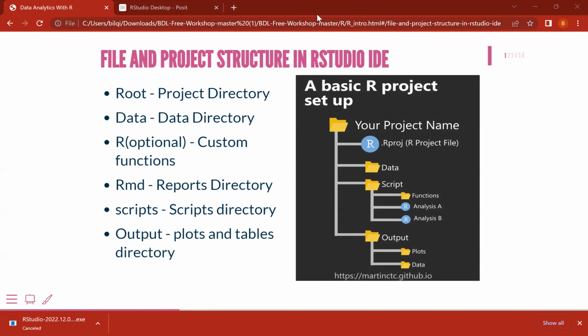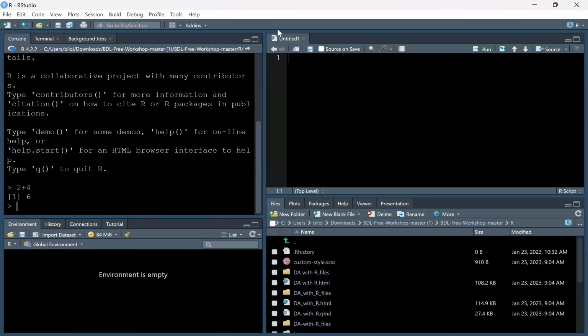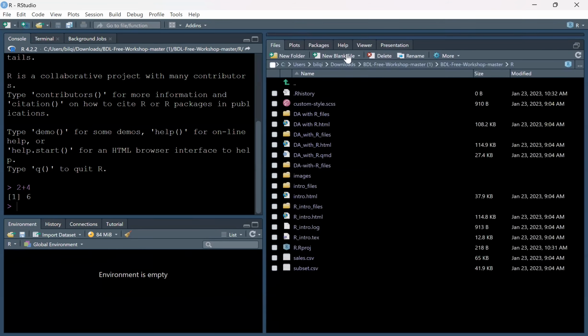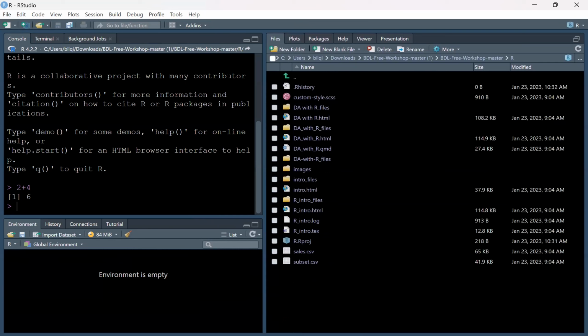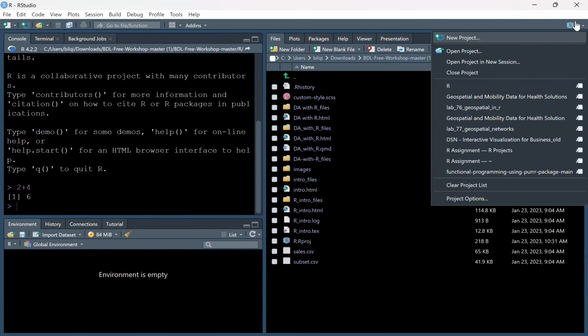But let's go into RStudio, then we'll be able to do more. Okay, so now I have my console, I have the script here. So I'm going to close this, okay? And I would also leave the console the way it is for now. So if I want to start working in RStudio, the first thing I need to do is to get organized. Get organized in the sense that I need to create a project. So if I want to create a project, I can either go to